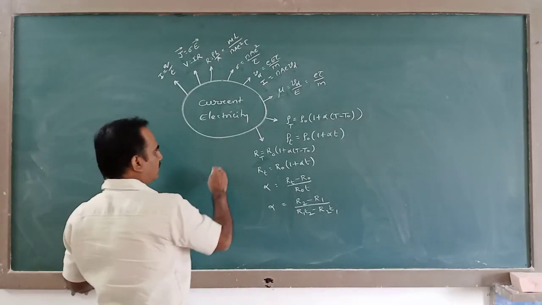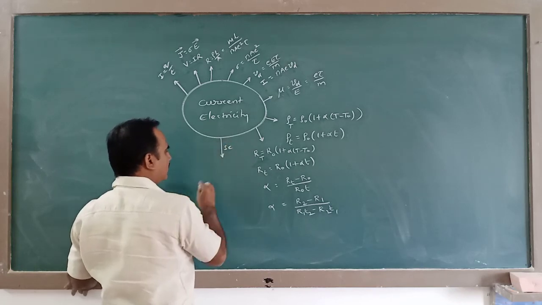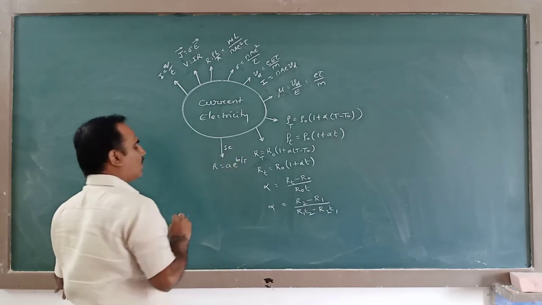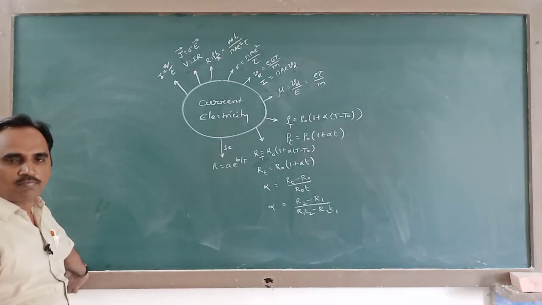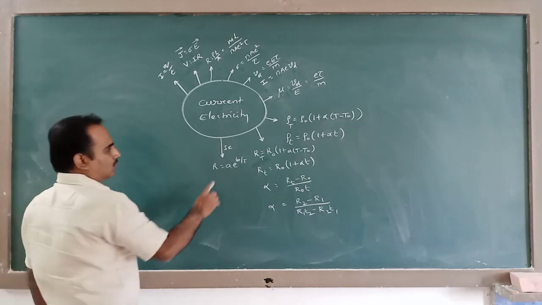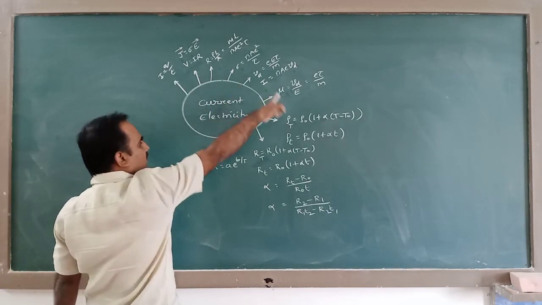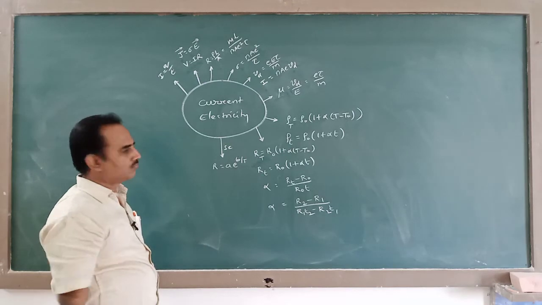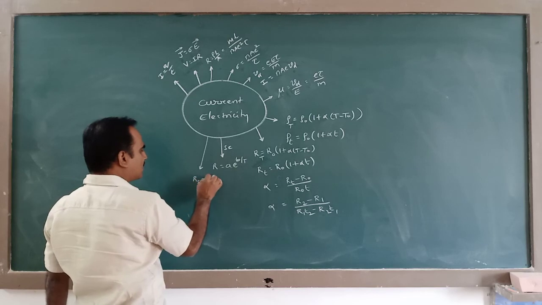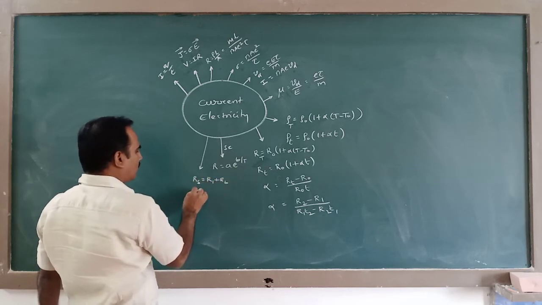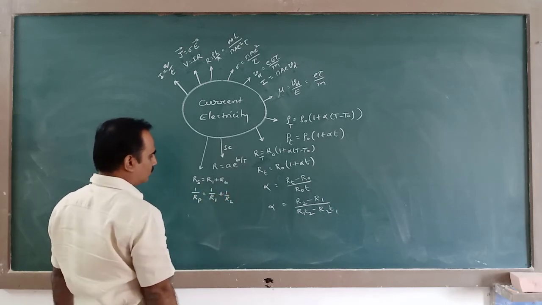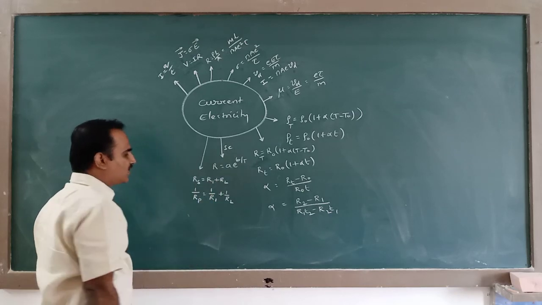And for semiconductors, the resistance varies with temperature as R is equal to A e to the power of B divided by T. So all these equations are interrelated. Next, after this you studied series resistance and parallel resistance. Rs is equal to R1 plus R2. 1 by Rp is equal to 1 by R1 plus 1 by R2. I took only two resistances in series and in parallel.